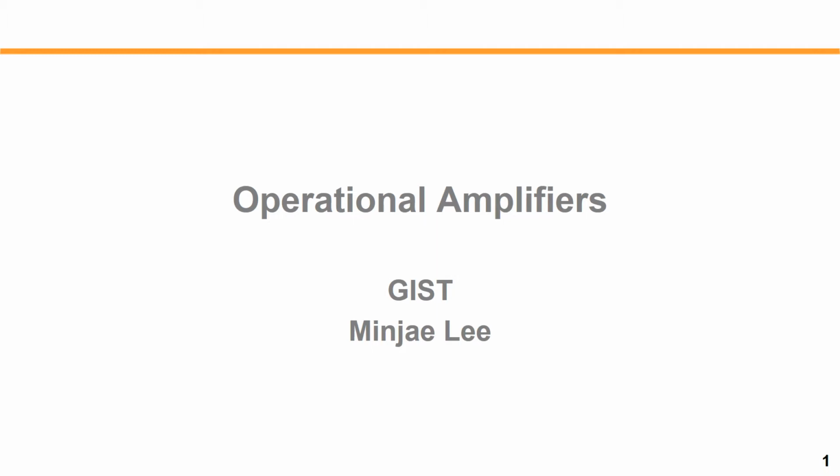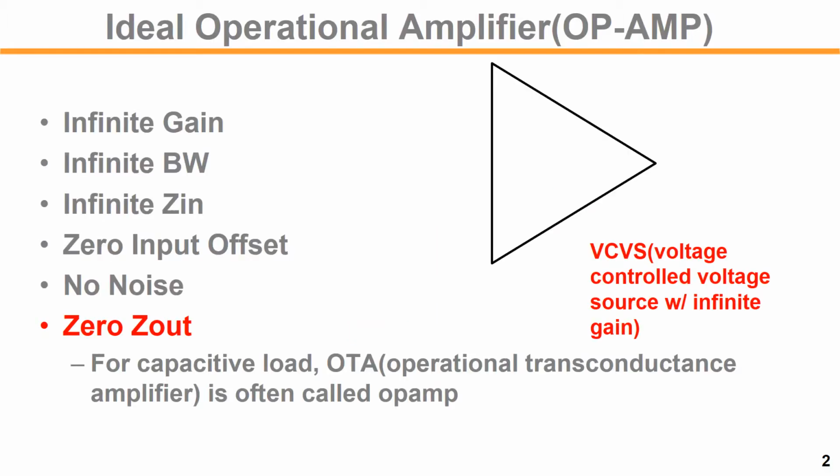We will talk about the operational amplifiers in this chapter. The ideal operational amplifier has the following characteristics, as we had learned in the undergraduate course. Its voltage gain is infinite, and we also have infinite bandwidth and infinite input impedance, and no offset and no noise